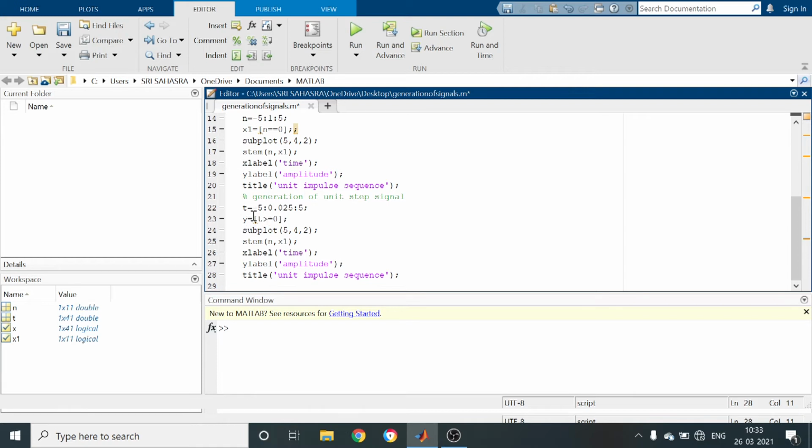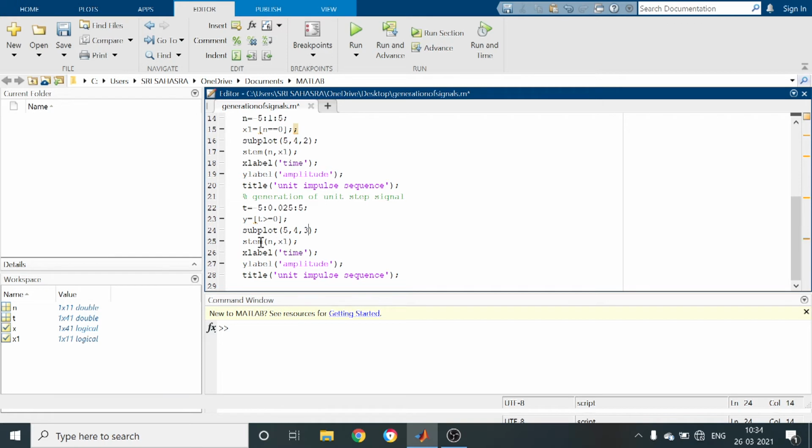So by the definition it is equal to t greater than or equal to 0, and I am going for the subplot command in order to get the figure plot on the figure window. So 5 comma 4 comma 1, 5 comma 4 comma 2 we already defined. In order to get the third position, we have to write 5 comma 4 comma 3.